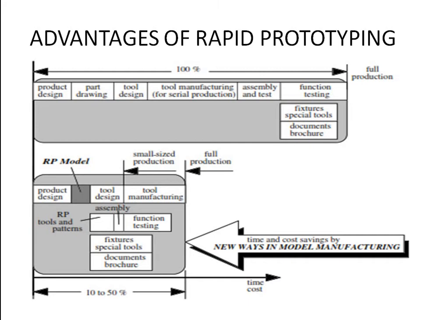The general procedure is product design, part drawings, tool design, tool manufacturing, assembly and testing, and function testing. Generally, in product drawing we generate the product drawing. After that, the part drawing is for manufacturing of that particular product. We make the part drawing, that is the manufacturable drawings. And after that, we go for the tool design: which tools are needed to complete this product or components.